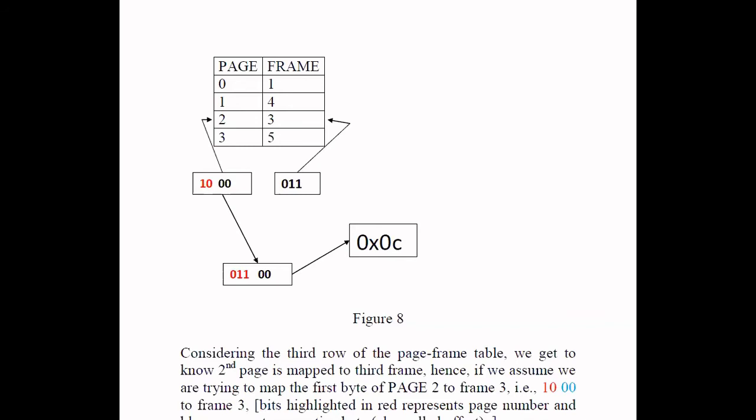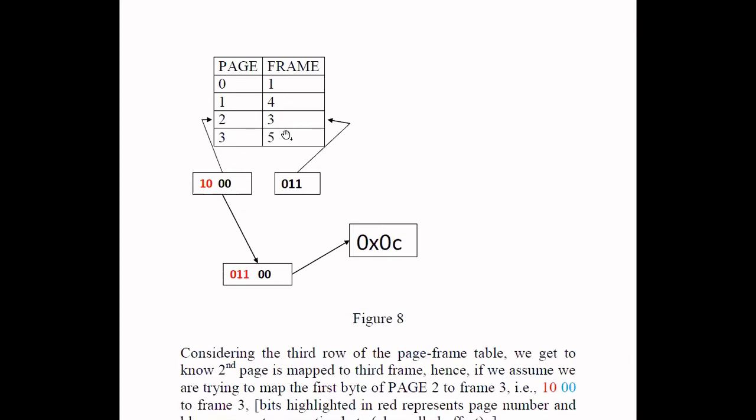On the other hand, if I consider the frame, the physical address, that is nothing but the frame. Now page number 2 is getting mapped to frame number 3. Here it is quite direct because I just have to place that whole page into that frame. So I'm just considering the value of frame number 3 over here, which is 011. So we need 3 bits to represent the frame number. I've already written that. Now how am I going to convert these 4 bits into 5 bits in order to map this page to the physical memory?